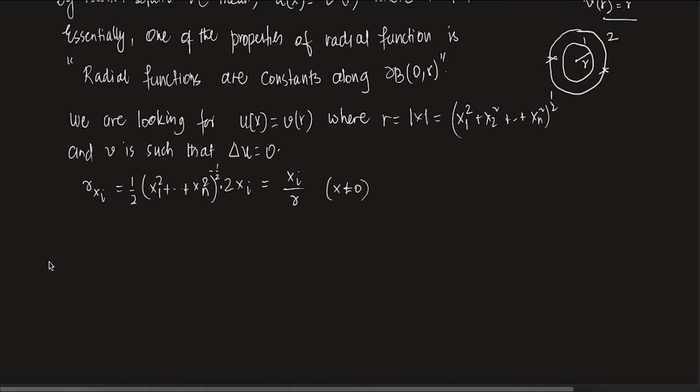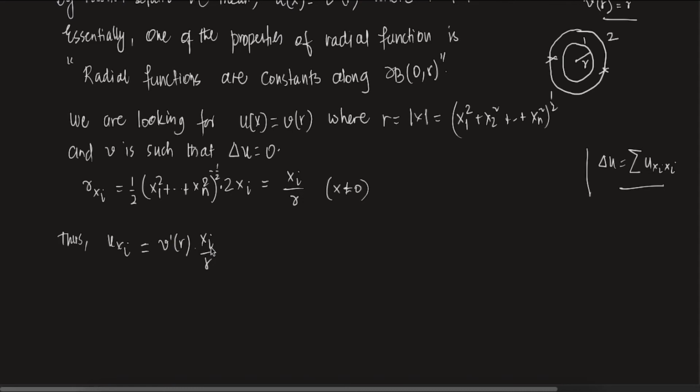Okay, so once we have this thing, there thus u xi. See here I have to find u xi, then sum it up, right? What is Laplacian? If you remember, Laplacian of u is equal to the summation of u xi xi, right? So first of all, I find u xi and then again differentiate it to get u xi xi. So u xi, let's calculate that first. What is it? Yeah, this is chain rule. It is v prime of r times r xi, which is xi by r. Clear? So that is there.